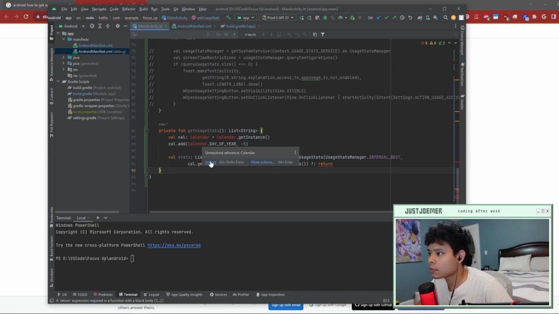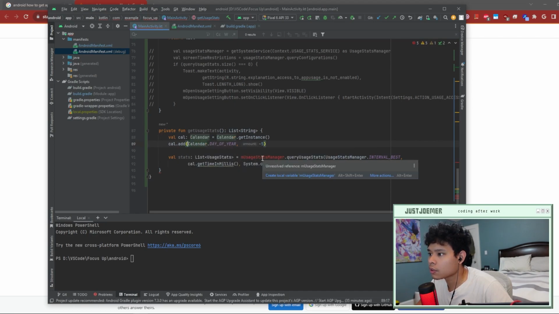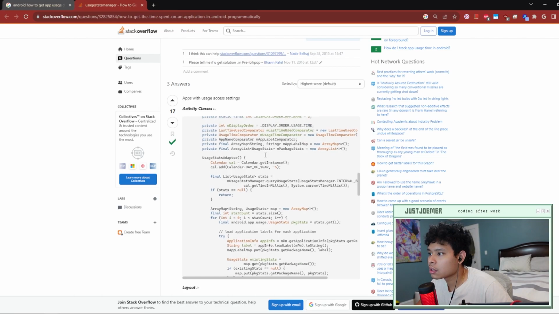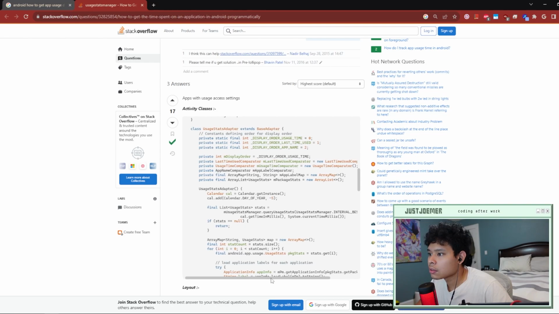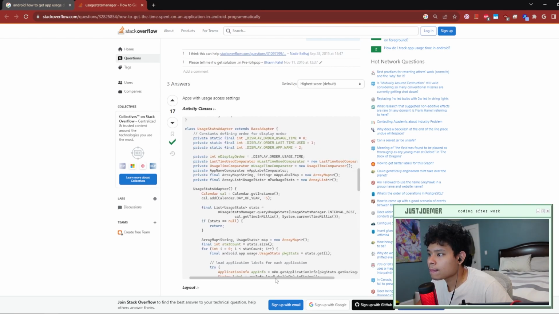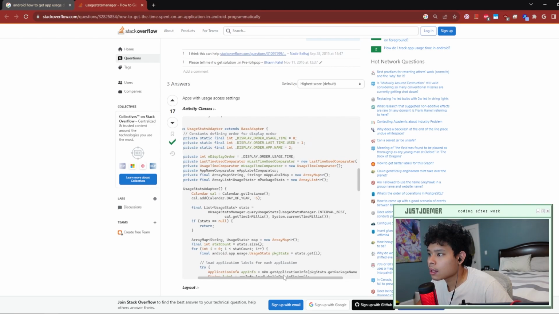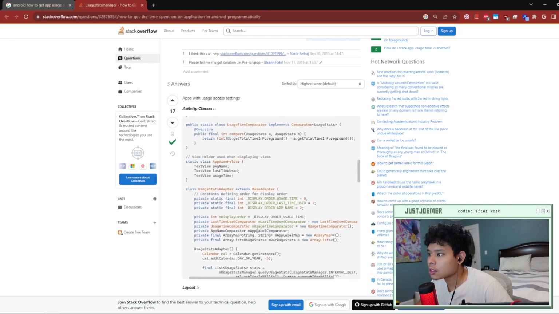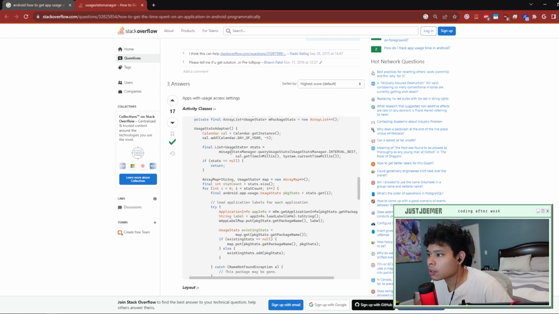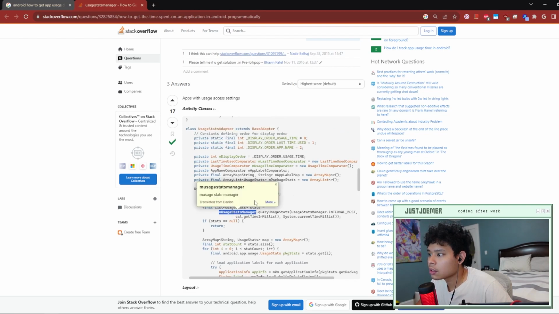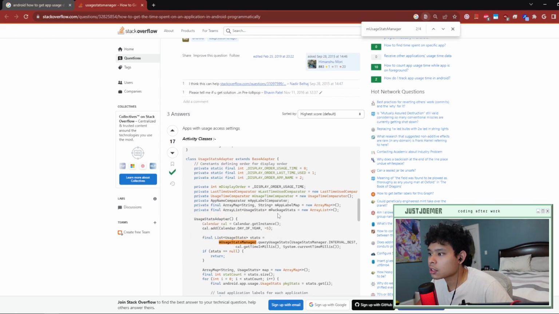And we have to import calendar. Does it matter which one? Not really. And what's this? M usage stats manager. Where's that? M usage stats manager. I hate reading some people's code sometimes. I also don't understand some language jargon, like